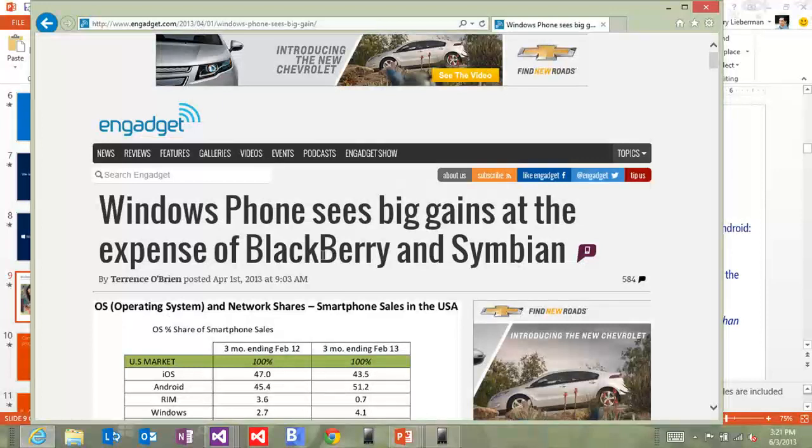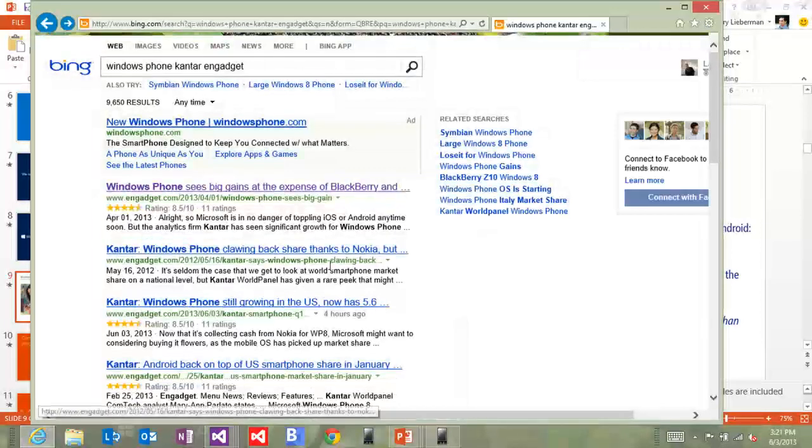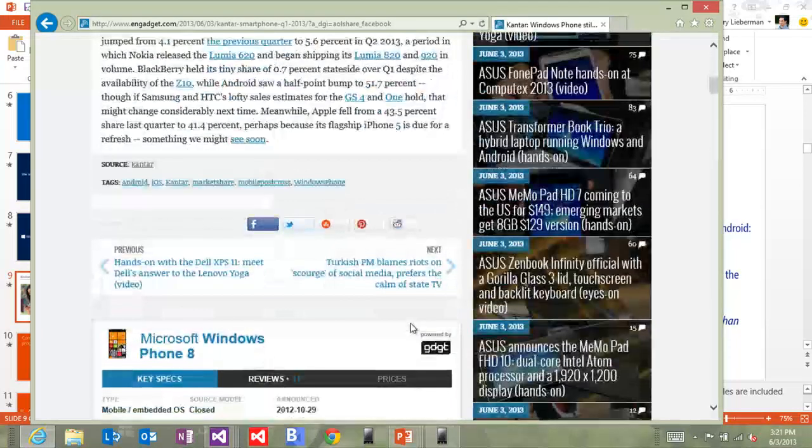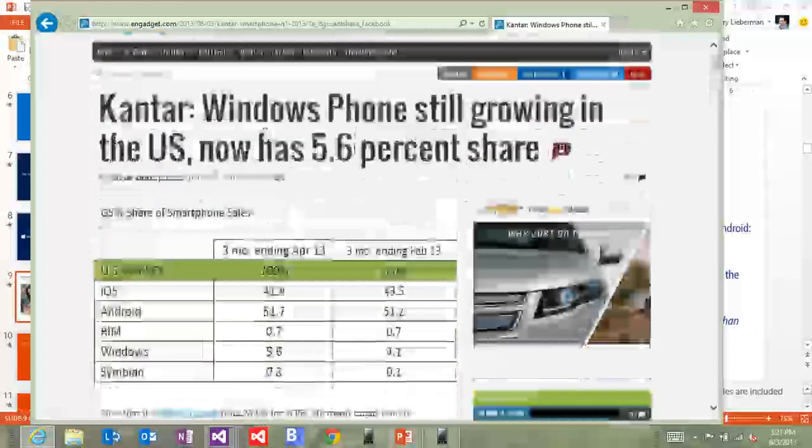But there was another one which was like 5.7% today. 5.6, here it is. 5.6% share in the US over the last quarter. So look, I'm not crowing about 5.6%, but it's an enormous growth over the last quarter.